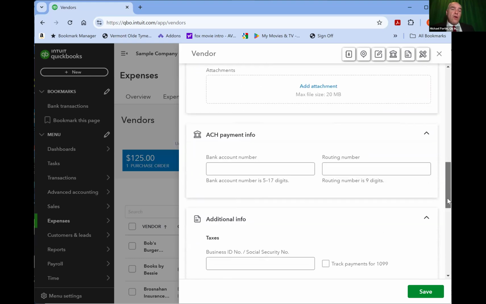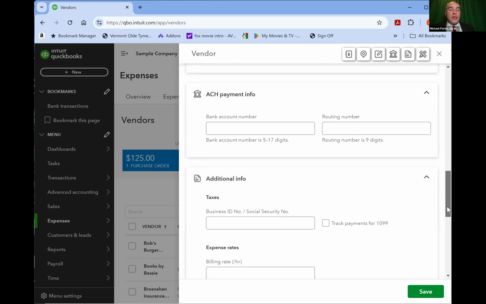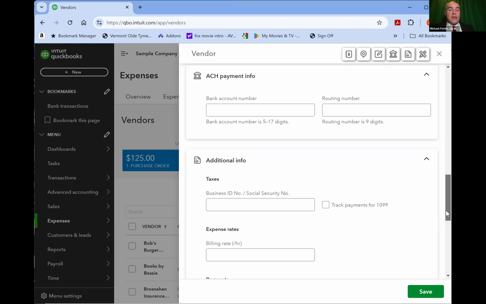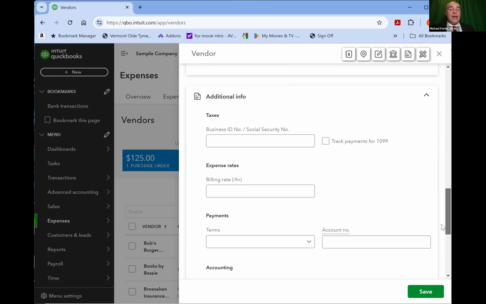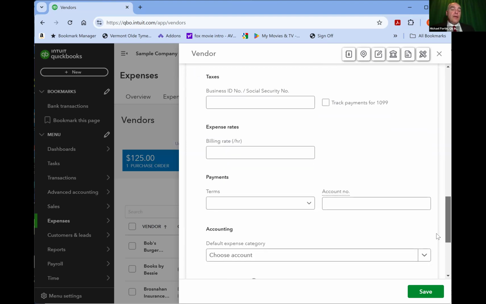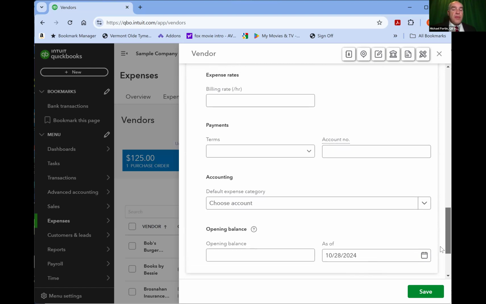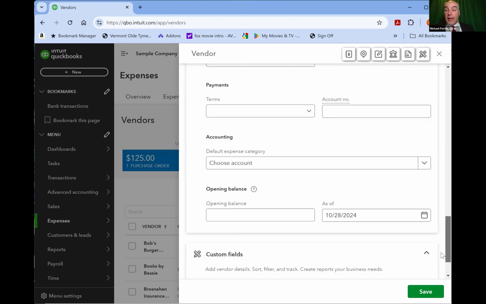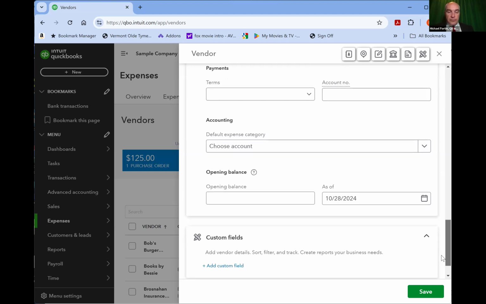You can also record the vendor's banking information, and any additional information like their tax ID, whether they are a 1099 vendor, whether we need to send them 1099s, their standard billing rates, account number. Some of these fields, of course, may not apply to your situation, but they're all here and available if you need them.